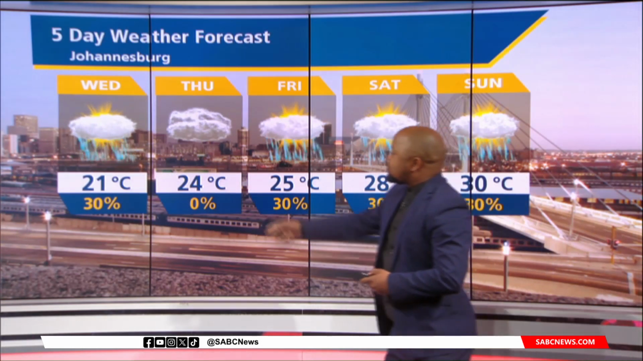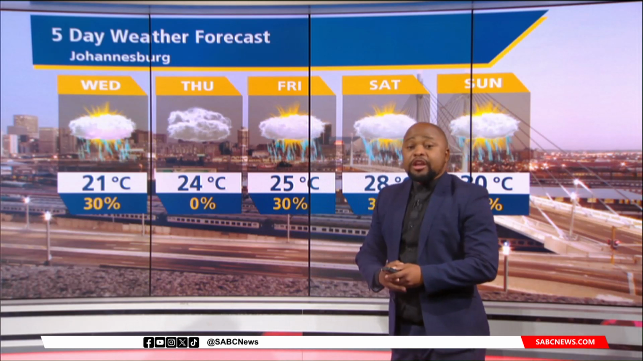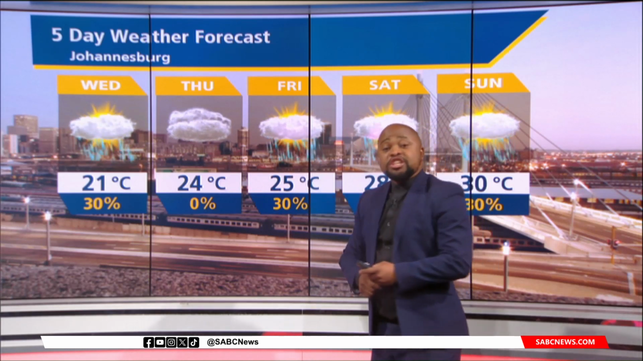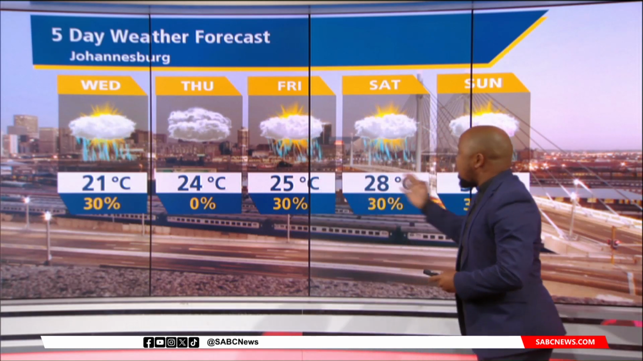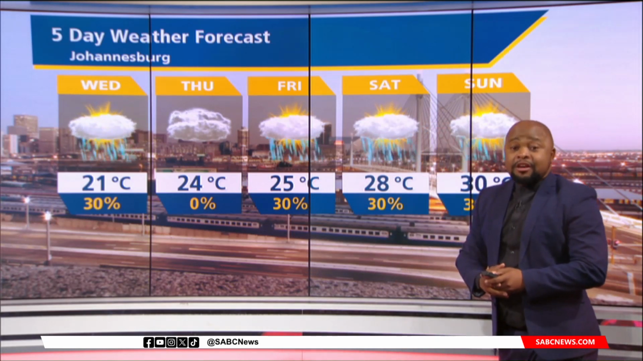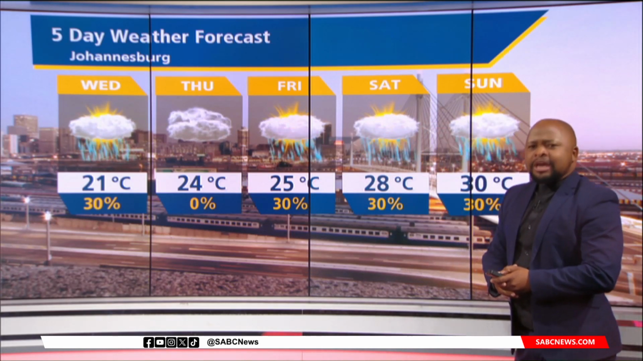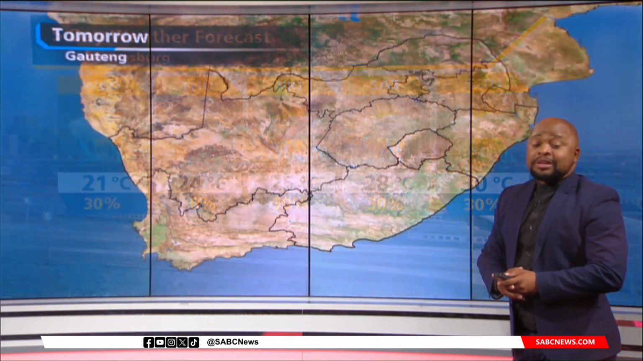And here in the Gauteng province, for the remainder of the week, there is just a slight chance of thunder showers for tomorrow afternoon, a temperature of 21 in Johannesburg. But for Thursday, there's no chance of rainfall. Going to the weekend, temperatures are also warming up nicely. But in the afternoons, as it is at this time of the season, we can expect a slight chance of